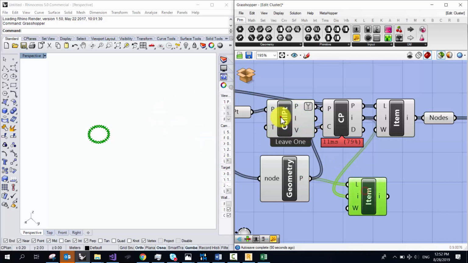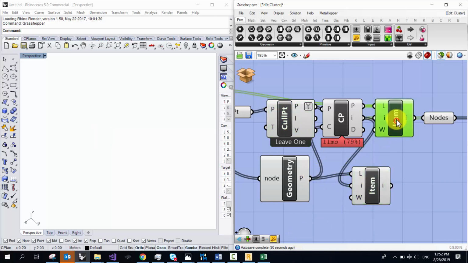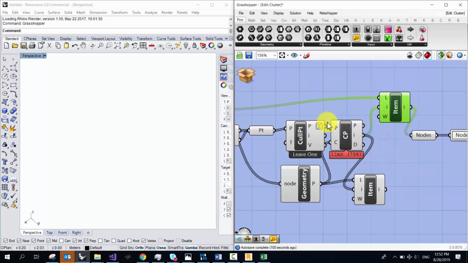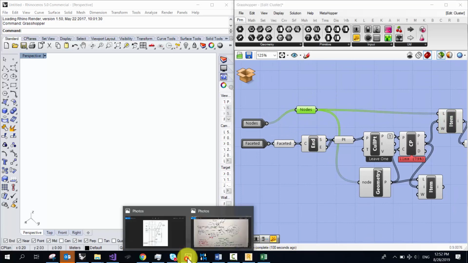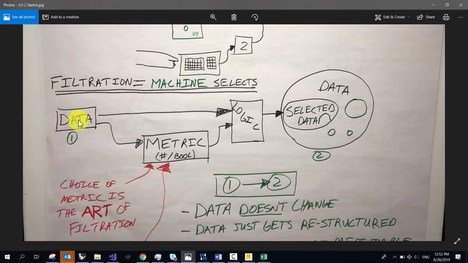Looks like I've done it, right? So you sit there and you scratch your head and you say, well, why did you have to create this again? Why doesn't this guy show anything when I click on him, right? And it's because, again, this famous structure of filtration, the famous filtration structure is data,